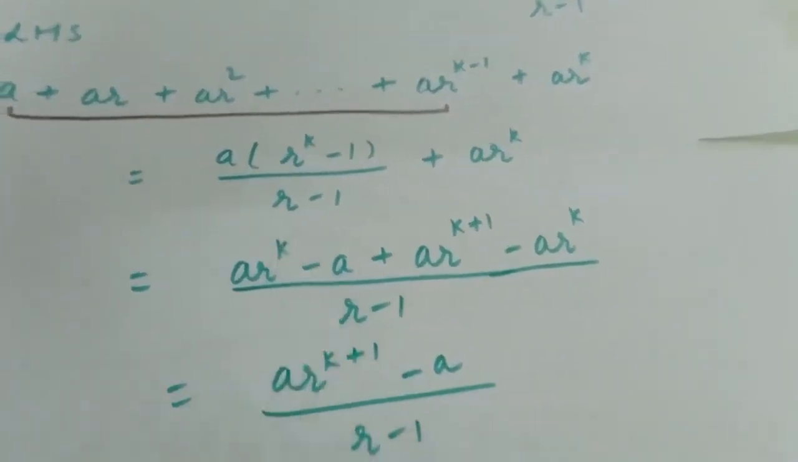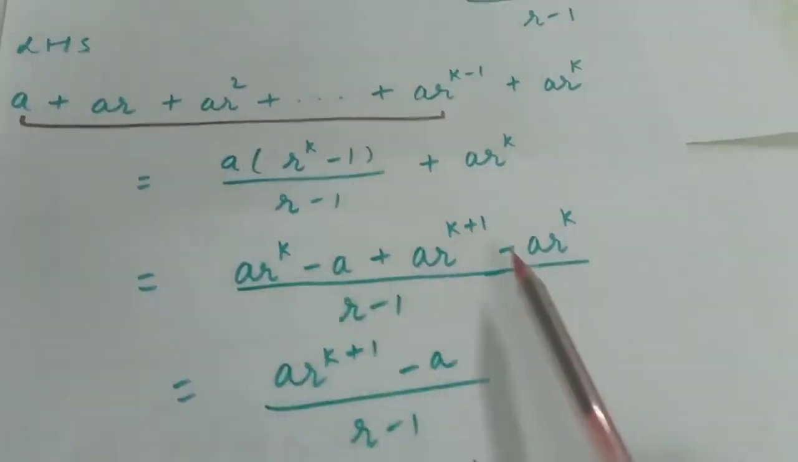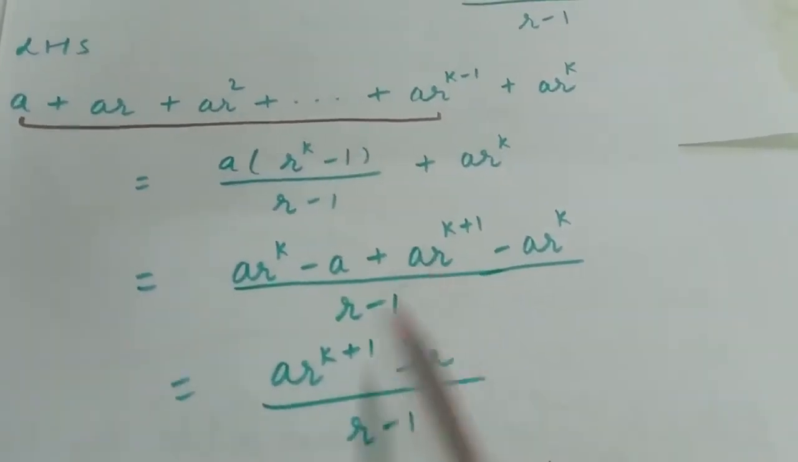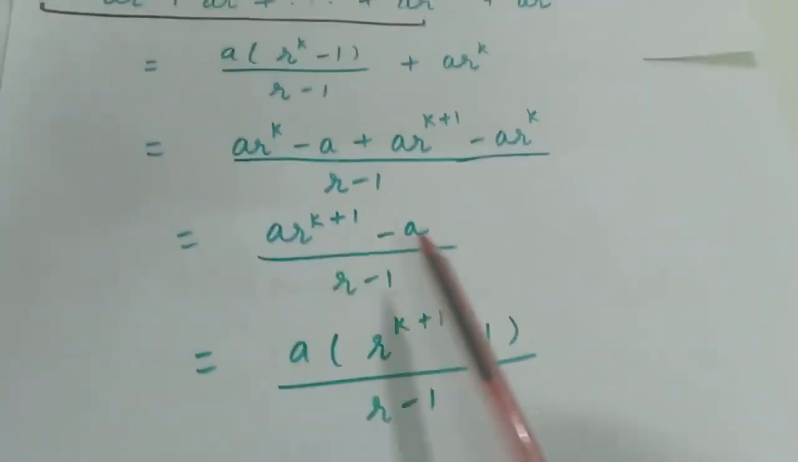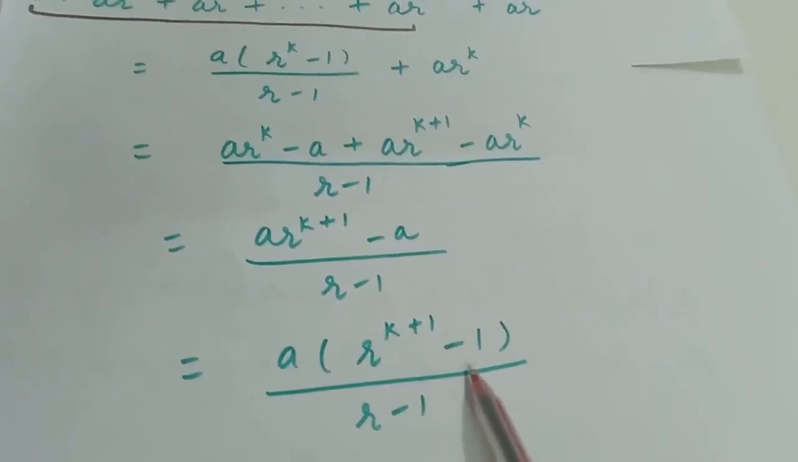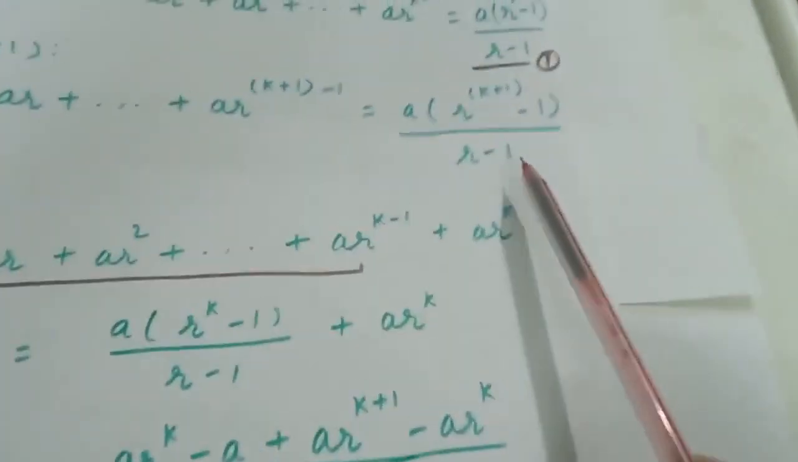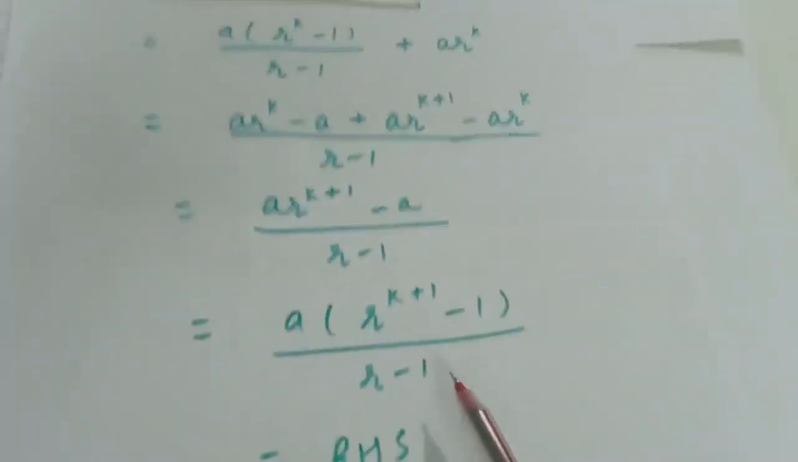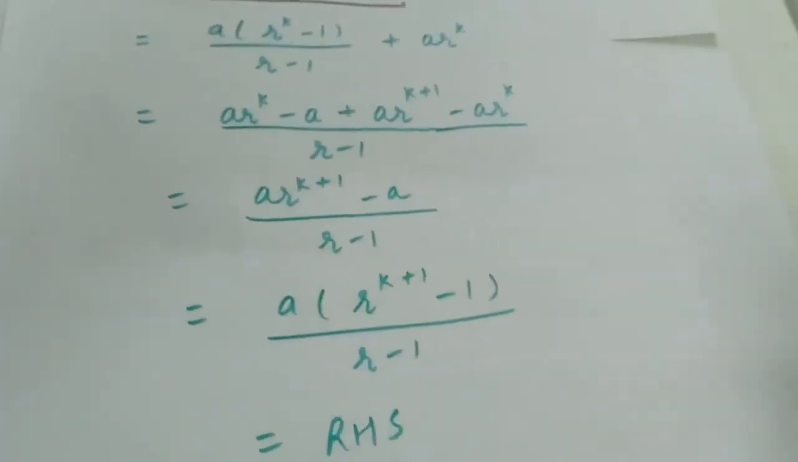Now you can see we can cancel r raised to the power k. So the left term is a r raised to the power k plus 1 minus a upon r minus 1. Take out a common. What will be left? r raised to the power k plus 1 minus 1 upon r minus 1, which is our RHS. You can check it from here. It is the RHS. So this is also proved that when pk is true, pk plus 1 is also true,